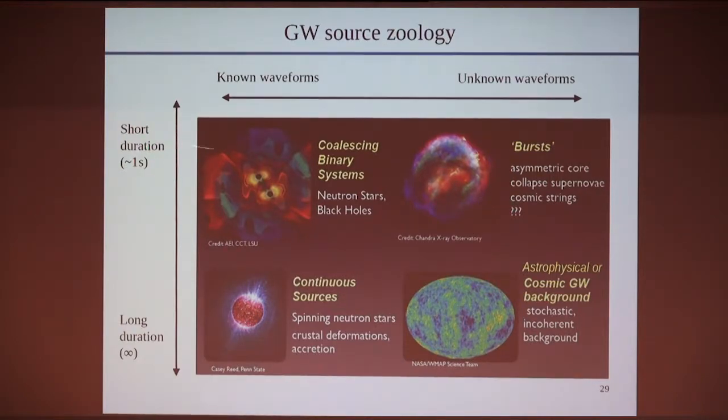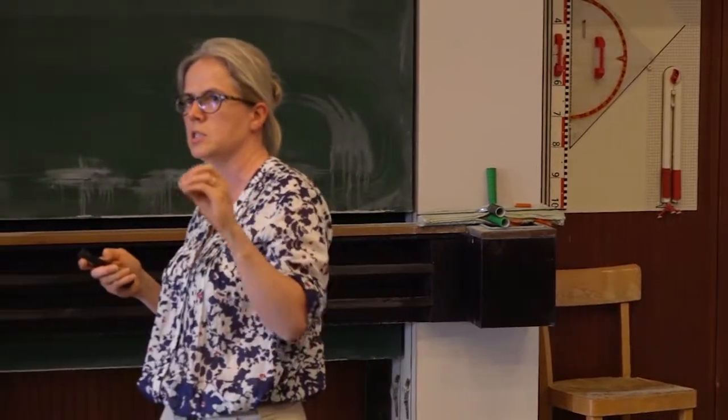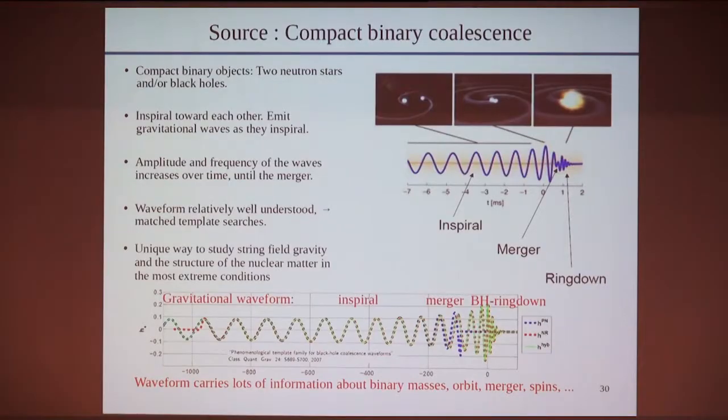First, you don't know exactly the waveform, but what you will use is the fact that the signal is short. So it should be continuous in time and frequency. So you're going to search for an excess of energy in time frequency space. It's just an introduction to searches, just to tell you that for each type of source there is a different technique. And that makes, of course, things a bit more complicated.